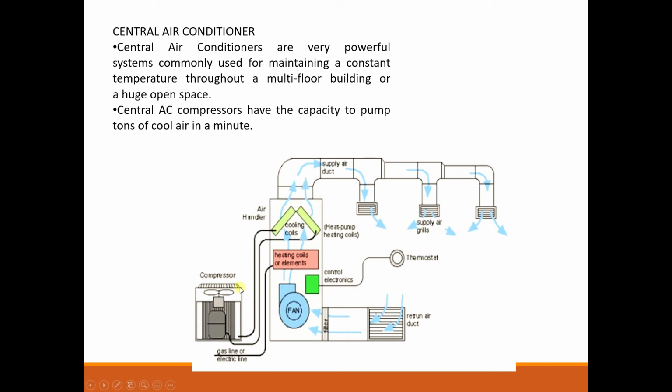So in a similar diagram, we are putting the compressor outside because the compressor will make more sound. So from that only it will start. Here the cooling coil, these cooling coils are available in the indoor unit of our split air conditioner. Okay, so the air will be pushed here using a fan, for increasing velocity we are using a fan. It will touch and absorb the cooling from the cooling coils, and the cooled air will be passed through everywhere.